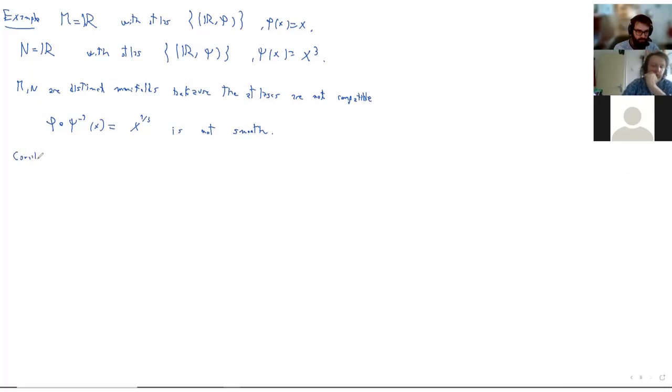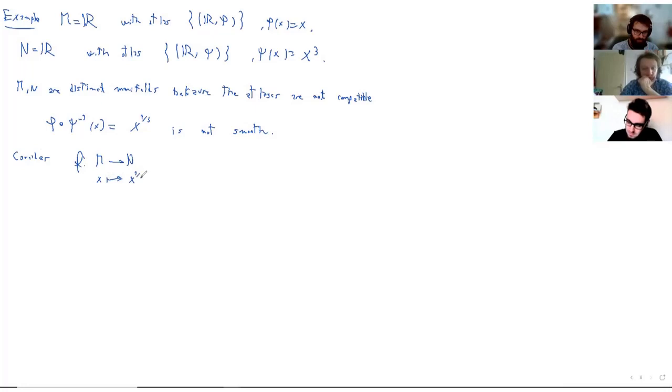So consider f from M to N, which sends x to x to the 1/3. And the question is, is it smooth? Of course, if you just think of M and N as R, this is not a smooth map, right? But we have to apply our definition. So we have one local chart. We apply